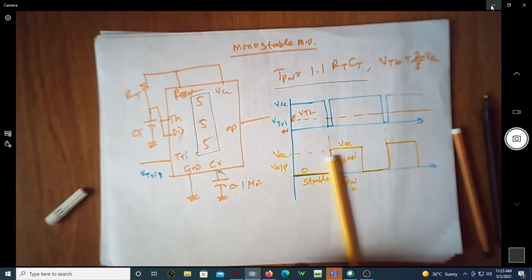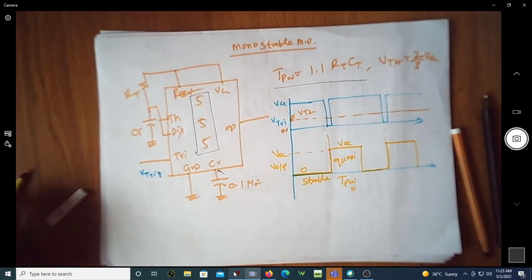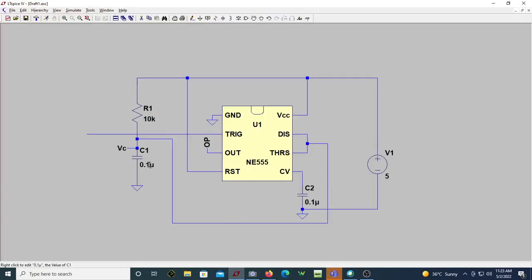So let us do the simulation of the same. I have already rigged up the circuit here. You can see RT is taken as 10 kilo ohm. This is 0.1. I have rigged up the circuit as per the expected values. Let me apply a trigger signal. I just left it open so that we can properly